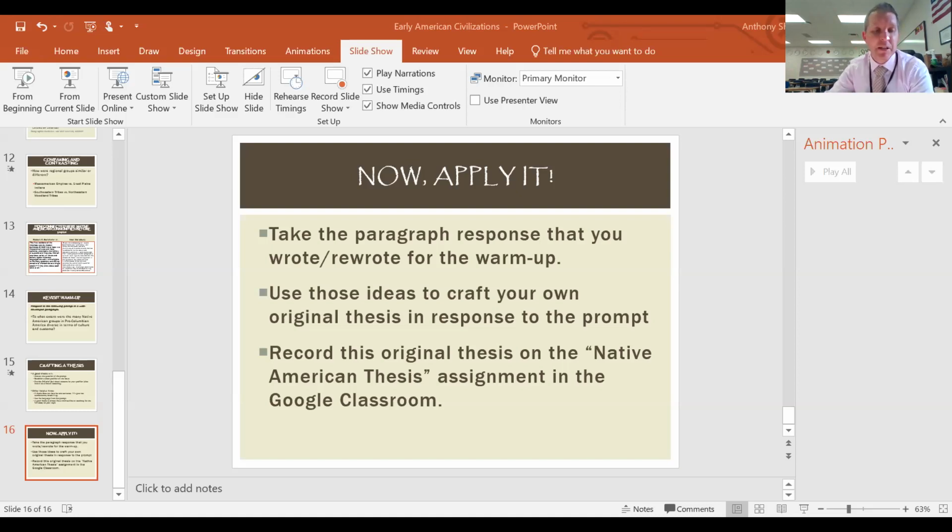Okay, now let me show you some examples of some theses that need reworked. It doesn't mean that they're bad, it just means that they need reworked, right? Okay, there might be foundational principles here. It says, in pre-Columbian America, the many Native American groups' diversity in culture is due to the people and things brought to the groups.